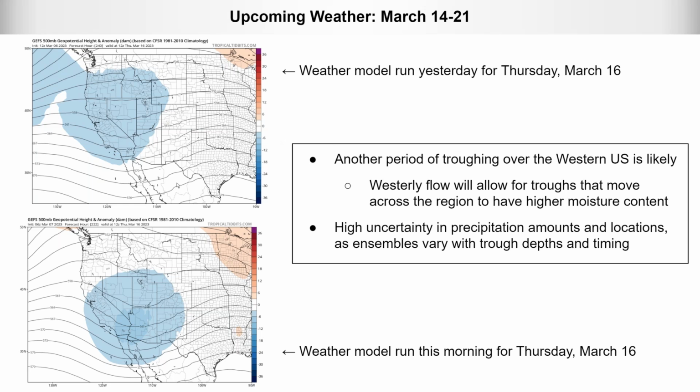An example is shown in these graphics on the left. This graphic on the upper left is showing the GEFS weather model. This was the weather model run yesterday for the morning of Thursday, March 16th, with the blues indicating some anomalous troughing. And then this image on the lower left, same model, same time, but this was a more recent weather model run from this morning. And you can see the differences here with some deeper troughing